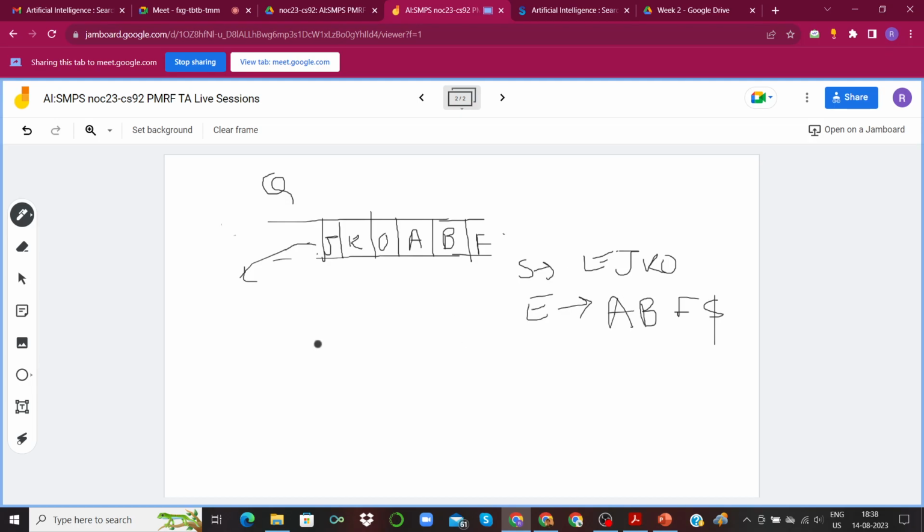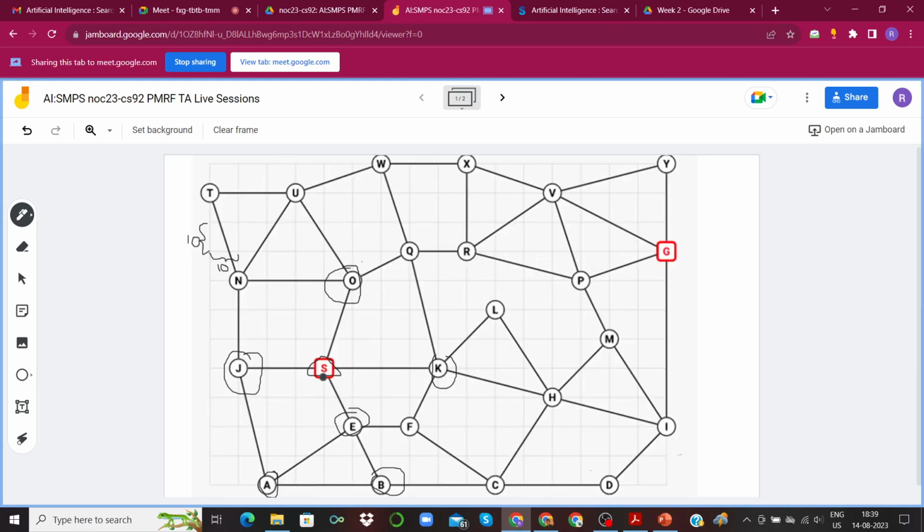Okay, so we will proceed in a similar fashion, which is what I was explaining when I said that intuitively we were going to explore the neighborhood, right? So when we apply breadth first search, we explore all the nodes in the neighborhood of that node, and then we proceed to the other nodes that were in the neighborhood of the second node. So we start from S, we go to E, we inspect E. After E, we inspect J. After J, we inspect K. After K, we inspect O, and then we arrive at inspecting A and then inspecting B.